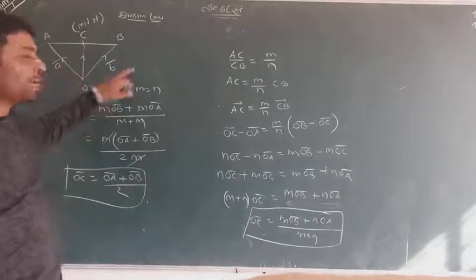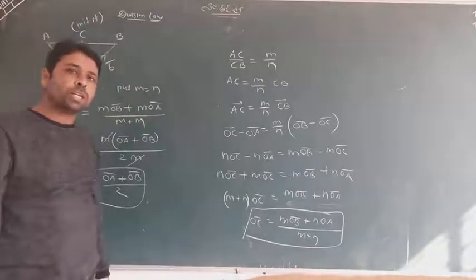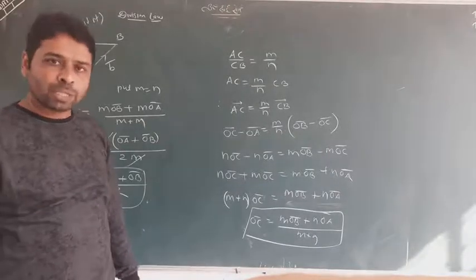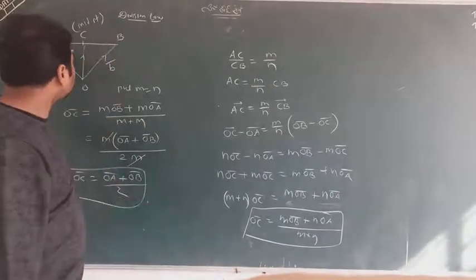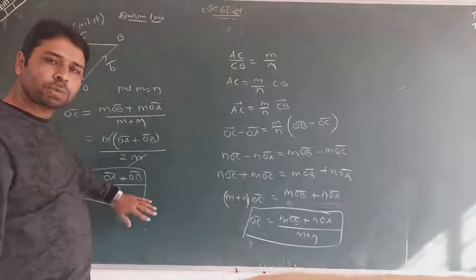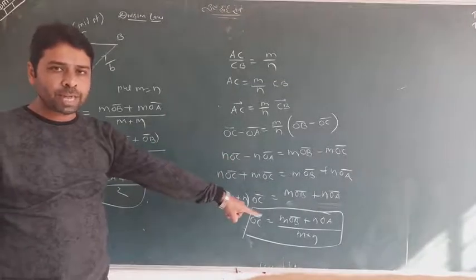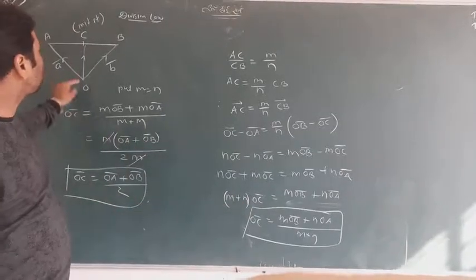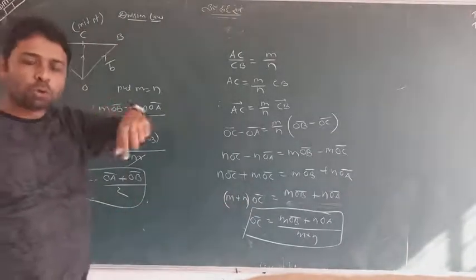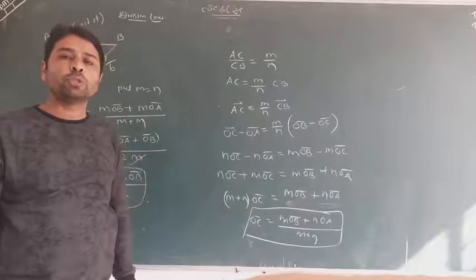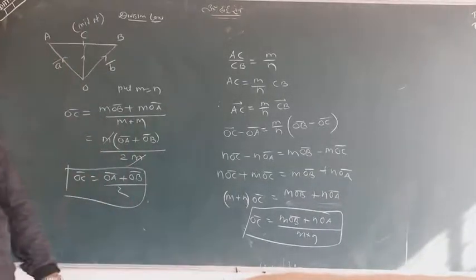Small a and small b, I am not taking that. When it is given, we will put the value. This time only with the extreme points A and B, I use a formula. When M is to N is given, use that formula. When the midpoint is given, the formula is OA plus OB upon 2, which will be the position vector of the midpoint. This is a simple formula.